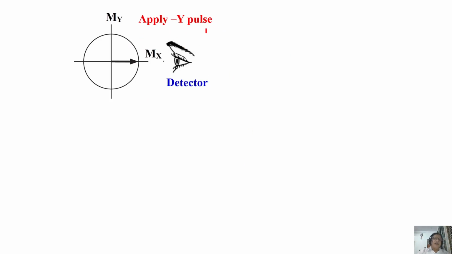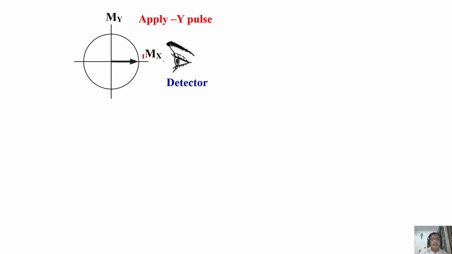Now let us say I am going to apply a pulse along some axis and bring the magnetization, which is initially under thermal equilibrium along the z-axis, to the x-axis. My detector, let us say, is along the x-axis. As soon as you bring the magnetization to the x-axis immediately after the pulse, all these spin vectors are in coherence. So we will detect maximum signal here. That's what I said for T2 while discussing.